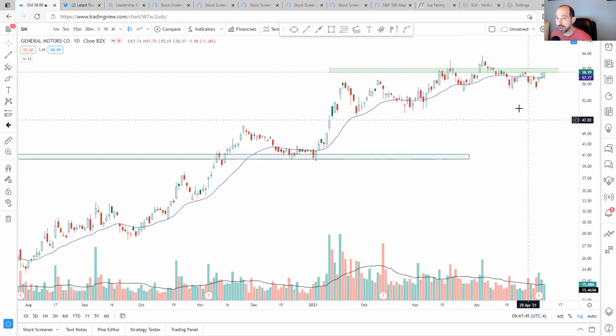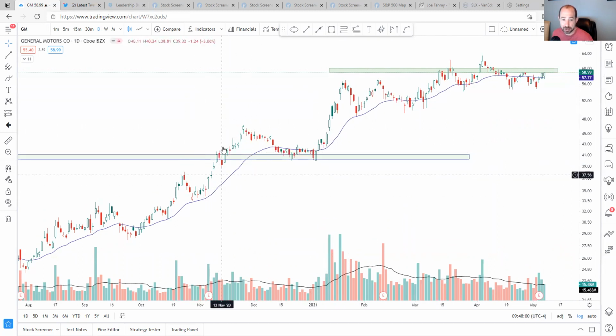Again, is it the name I love, love, love? Nope. But it is an uptrend. It is showing relative strength. So if it does start to move, I would not be surprised if it moves quickly at that point. And you can see it has moments of moving very quickly in the past, right? So it's been consolidating and now maybe starting its next run higher. GM,